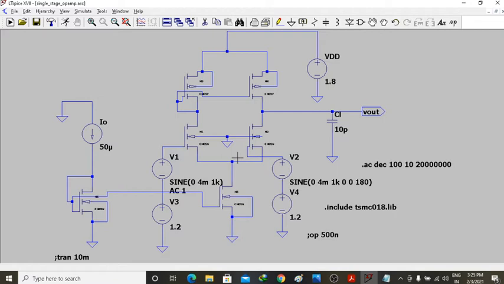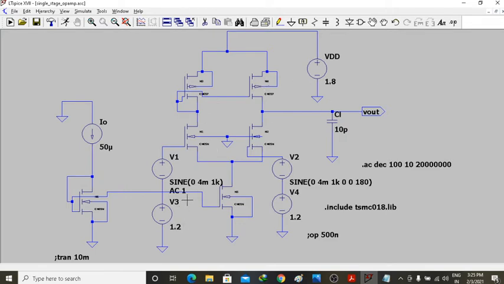And for input, this is the positive V plus, input voltage positive, because this is a differential amplifier, so it will have two inputs. So this is V1 and V2. What we have done is we need to supply some biasing voltage, right? For V1 and V2 to be in saturation region, we need to supply some biasing voltage. And we have seen from the question that the ICMR plus value is, I think, 1.8. So we cannot give any biasing value greater than 1.8, obviously, because VDD is also 1.8.